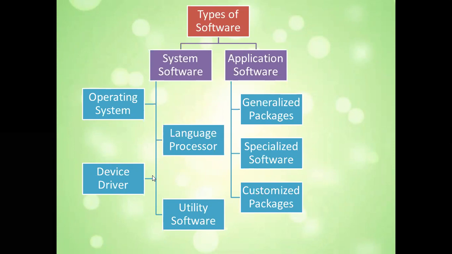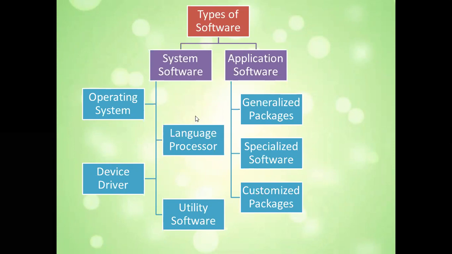So we need a translator between us and the computer, so that our language can be converted into the language of the computer, so that the computer can understand and accordingly process the information, and after processing it gives us the output back. So this translation work is done by language processors. There are three types of language processors: interpreter, compiler, and assembler. They all have different roles.